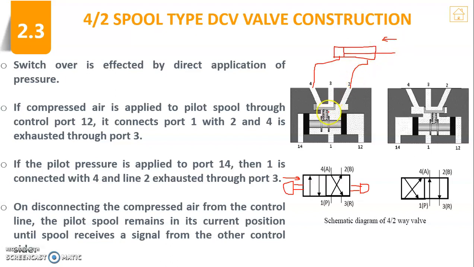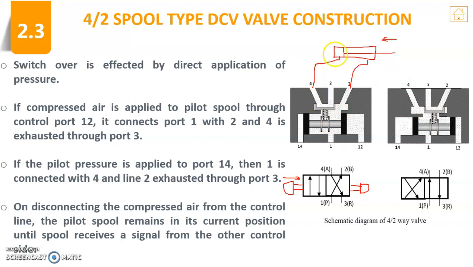At that same time, the unwanted air present in this position will be sent through the fourth port and sent out through your vent, which will be port 3. At the same time, if you are giving force in this direction, that is, your 1,4 is going to be actuated, at that time your slide is moving towards the right side, so that your power 1 is connected with your 4.